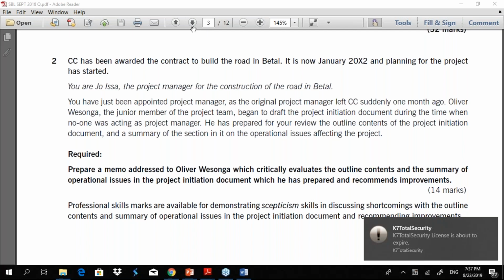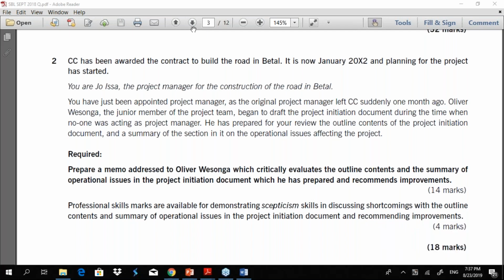Whereas a PID is more operational than a business case document or a business proposal. So a business case document is there to gain project approval, whereas a PID is aimed at ensuring that an approved project is successfully completed.